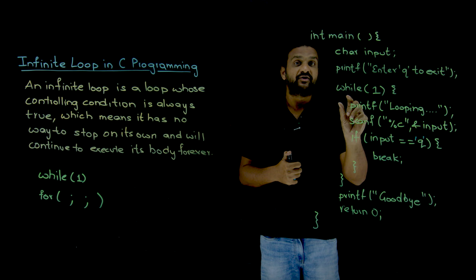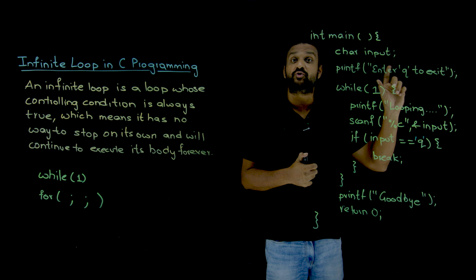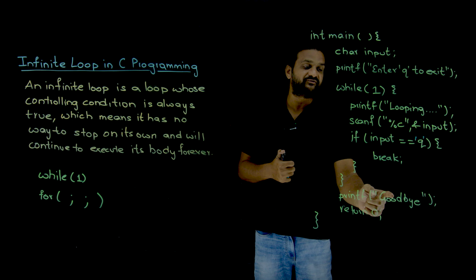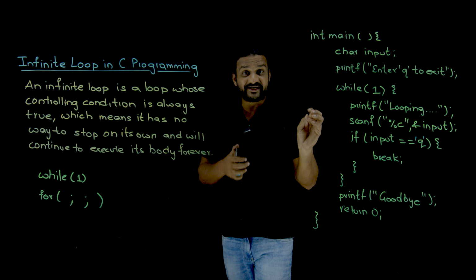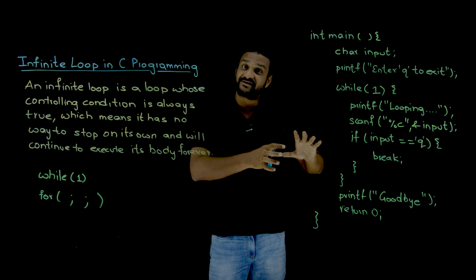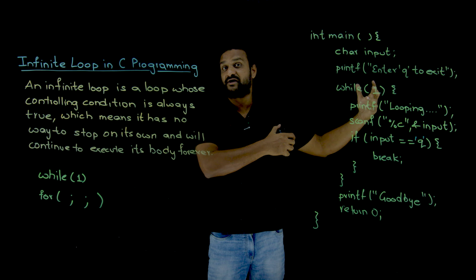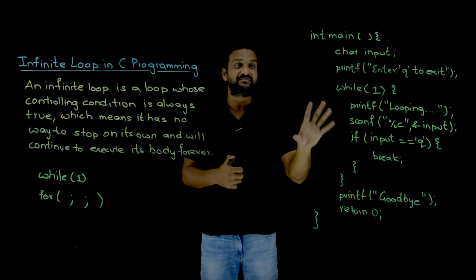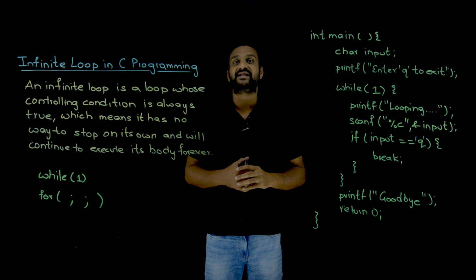This is how we come out of these infinite loops, either by using a break statement or by using goto statements. Now we come out of this infinite loop and print goodbye. So this is how we intentionally use infinite loops within programs, and we will understand this concept as we go on with more examples in later classes. So this is how infinite loops can be created in our programs. That's it for this class. See you in the next class with another